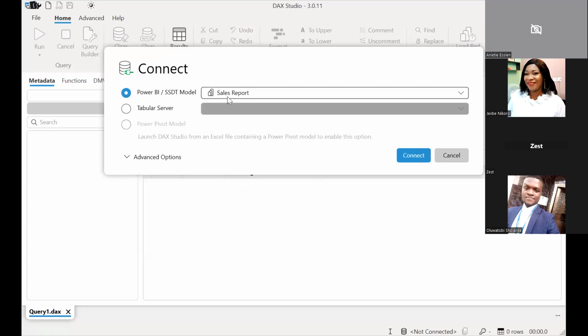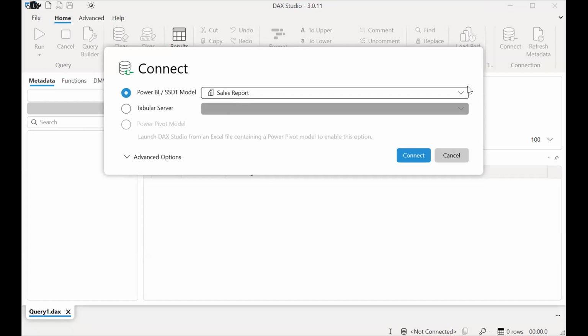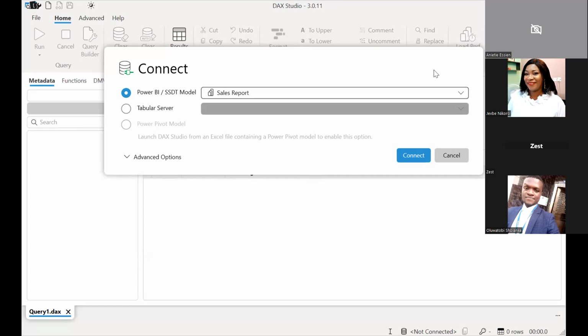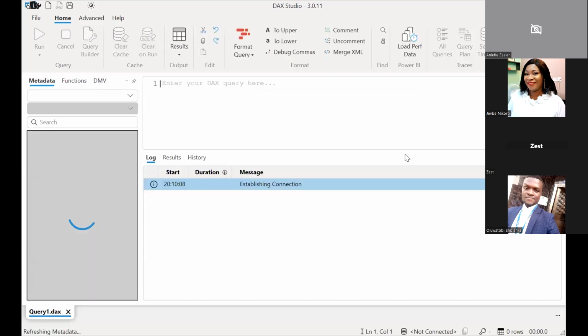Like you can see, I have a sales report here. If I have more reports open in Power BI, you will see more than one report in my DAX Studio. But I only have one Power BI report opened. So I'm going to select that particular report and click on Connect. The moment I click on Connect,